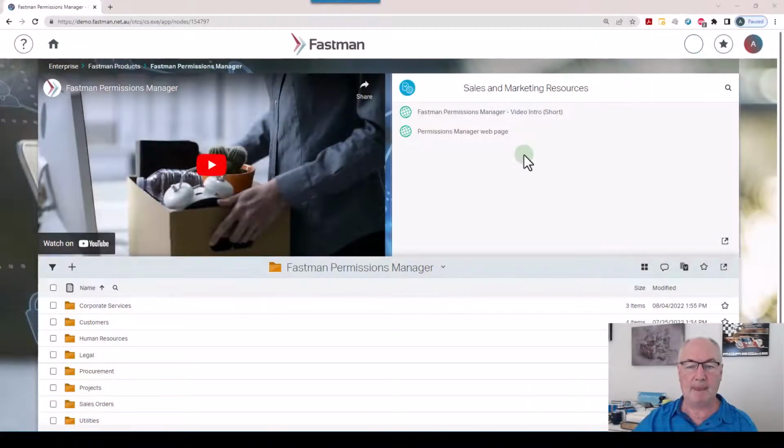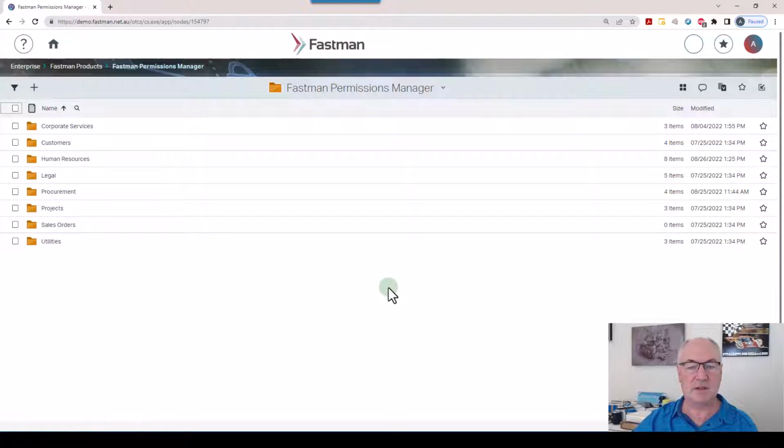So as you can see, we are in a Content Suite 22.2 or Extended ECM 22.2 system. We're in the Smart View, and I'm in a folder called Fastman Permissions Manager, which is our demonstration folder, and it's fairly straightforward. So what I'll do is I'll run you through the features that are available through the Smart